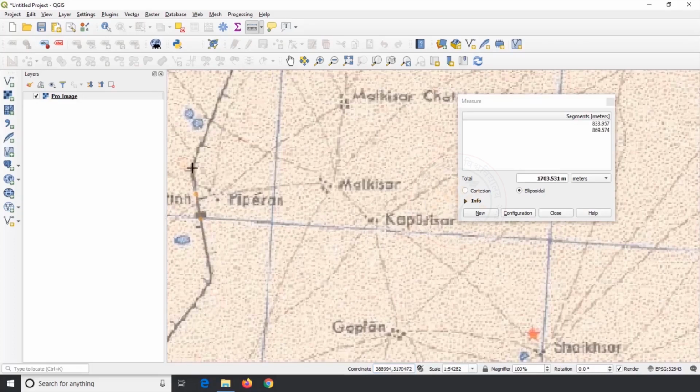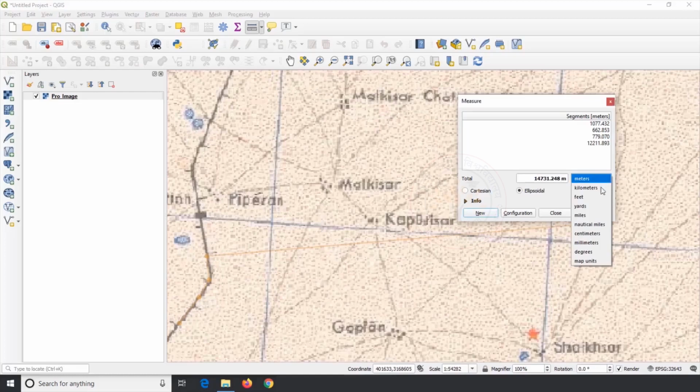When you left click on the mouse, it creates a node on the topographical sheet. Click continuously, giving some space between the nodes to measure the length of the feature. On the pop-up window, we can see the length of feature that is measured by us. Click on new on pop-up window if you want to create a new measurement. The units of measurement can be changed from option available on the window. To close it, click on close.